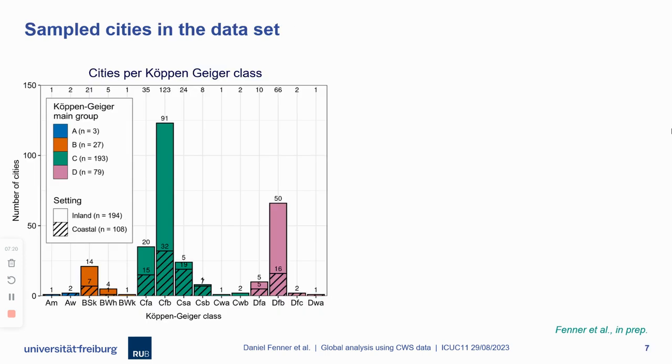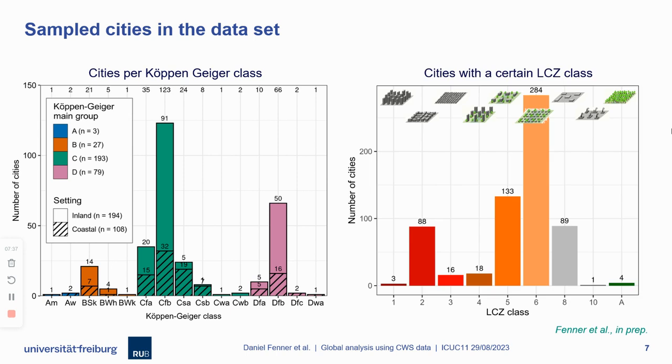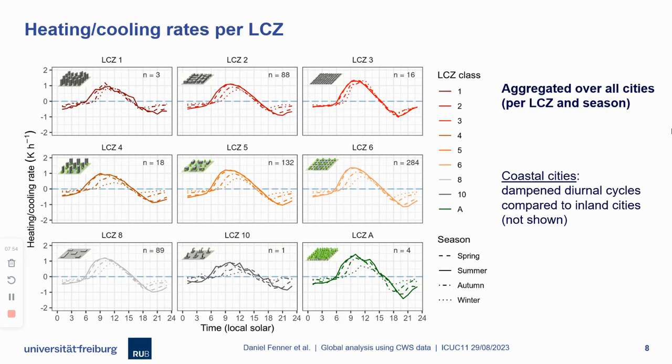And the colors indicate microclimates. If you look at this, you see that most are in sea climates, since they are heavily biased to Europe. But there are quite a lot in D and B climates as well, while the tropics are still very underrepresented in the data set. The second point is the distribution of LCZ within the cities. That's the number of cities that have the particular class. The most common is LCZ 6, and 2, 5, and 8 are very frequent, while the others are rather sparse too.